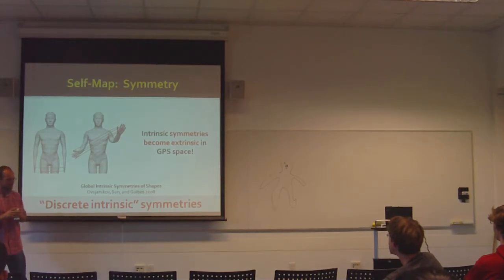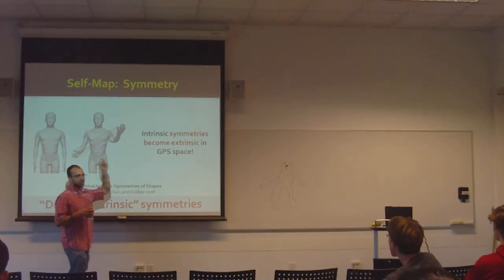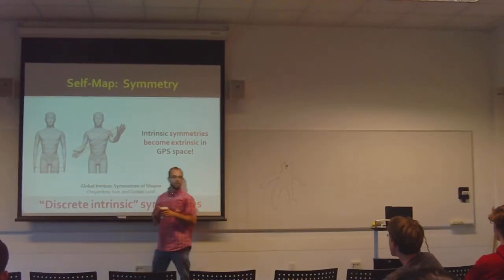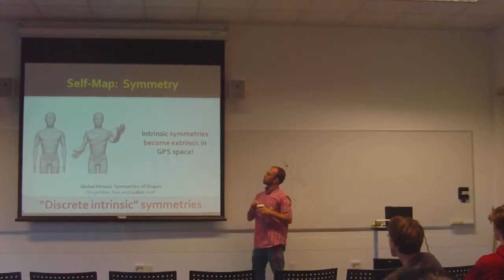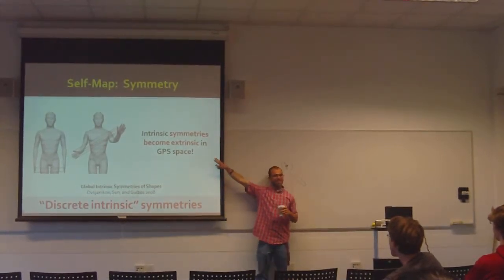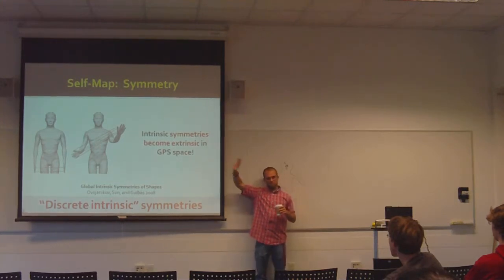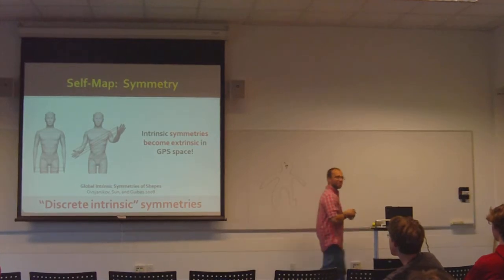But now we step back and we look and we say, well, what points were identified? Well, they were exactly the points that were symmetric. So now I can extract these submaps that tell you what points are intrinsically symmetric to one another. In fact, if you look in GPS space, you can even notice that intrinsic symmetries become extrinsic in GPS space, that actually reflections and rotations and things in there actually makes some sense, and there's some cool math